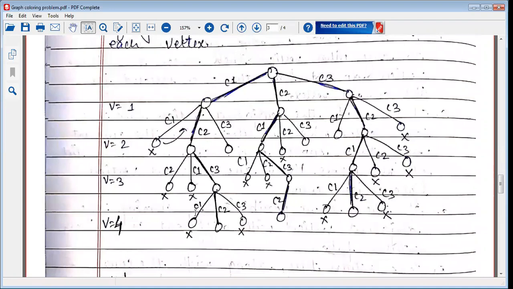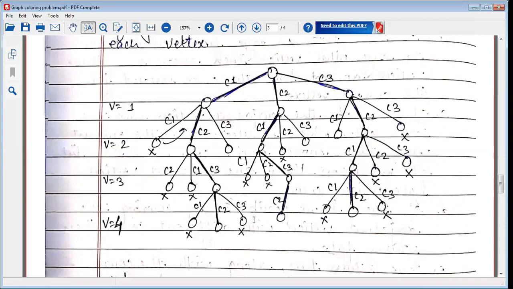No, because vertex 1 and vertex 4 are adjacent, so you cannot select C1. Can I select C2? The adjacent vertices of vertex 4 are 1 and 3, with colors C1 and C3. So I can select C2 and make this decision. Therefore all the vertices are colored with different colors such that no adjacent vertices share the same color.